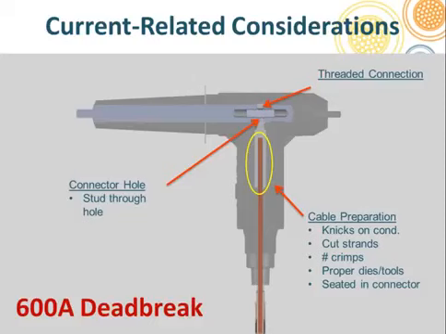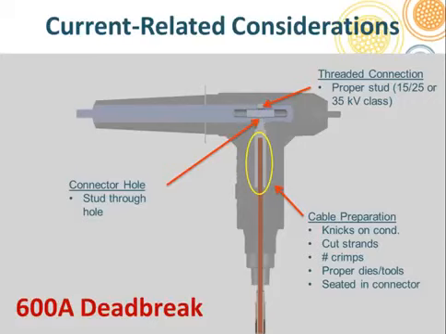The threaded connection that uses the stud. The first area that is of primary concern is the stud. 386 right now calls out 2 different lengths of stud. One stud length, the shorter one, is for the 15 and 25 kV class elbows, and there is a slightly longer stud for the 35 kV class connectors. Now, if your utility happens to use both 35 kV class and 15 kV class connectors, and the studs are loose,